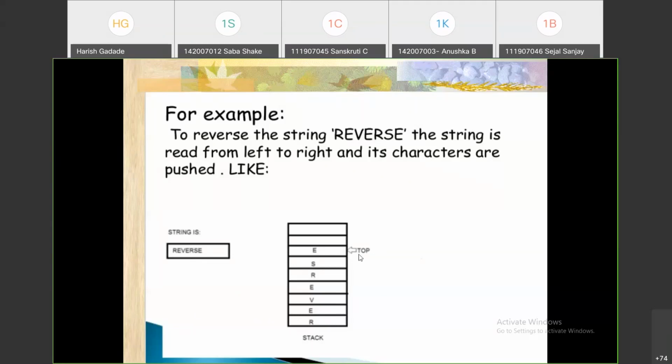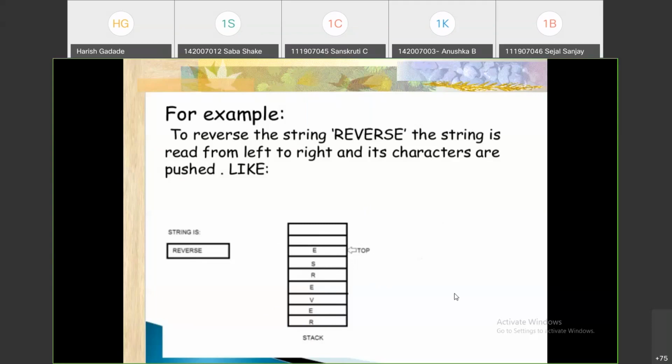Now how can I reverse it? I pop the top element, which is E, and decrement top by one. Then E, then S, then R, then E, then V, then E, and then R. So pop it, print it, pop it, print it.